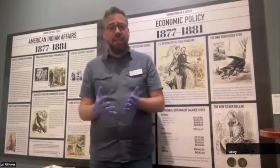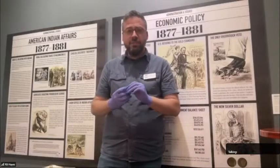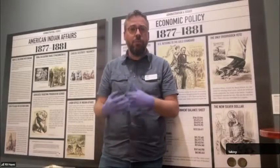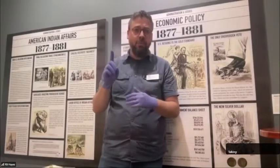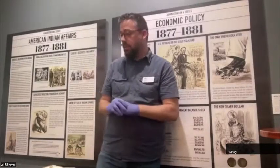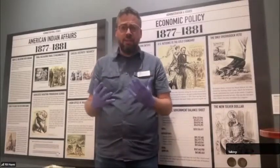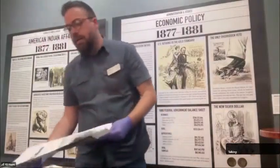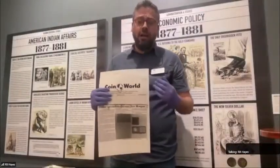Well, in the late 70s, there was renewed interest in the Morgan silver dollar. And a numismatic researcher came here to our site to do some research and wanted to see the Morgan silver dollar. And so we pulled it out. And we actually have 2 in our collection. One is labeled as the first, and then the other one is labeled as a Morgan silver dollar that was produced on day 2. So not the second ever, but was produced sometime on day 2. And so there was some confusion on the part of the researcher whether or not this was in fact the original Morgan silver dollar. And so follow-up research was done the following year in 1980 by a numismatic researcher named